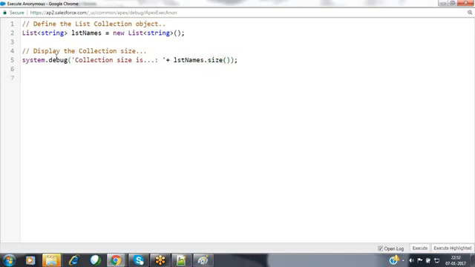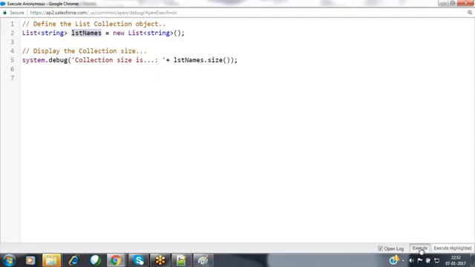Size method. Whenever you use the size method, it returns how many elements are available inside this collection. As of now, we haven't added any elements, so the collection size is 0.